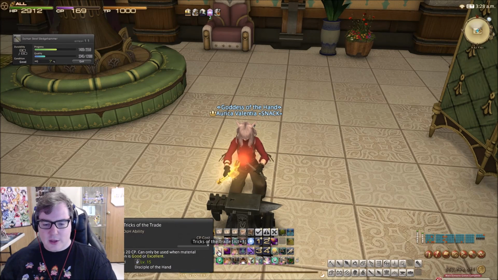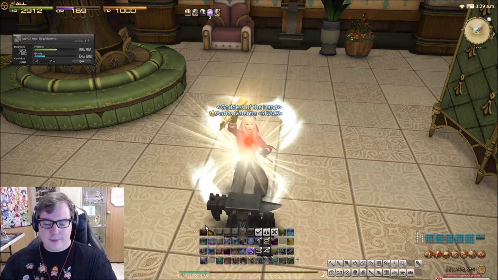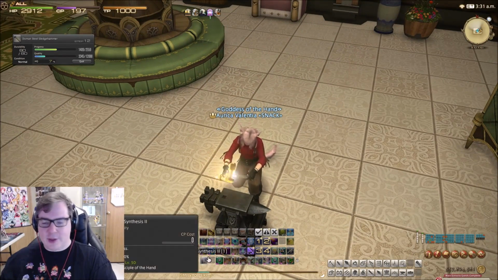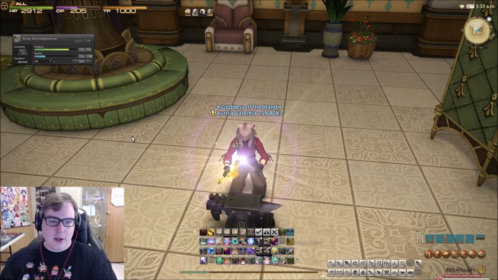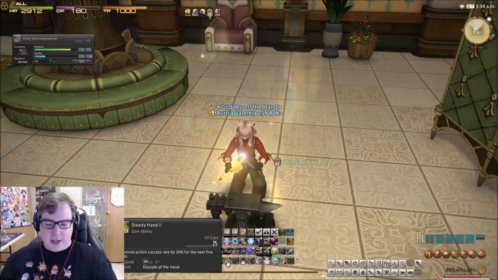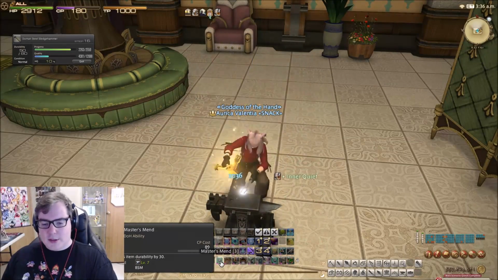And then I'm just going to use Tricks of the Trade here because I don't have Steady Hand. And I don't remember how much Careful I get from this, so I'm going to use the Careful here, but it doesn't matter when you use your Carefuls. So let's use another one, just to get one Careful away from completion. Then we go to Steady Hand again. Just spam some more